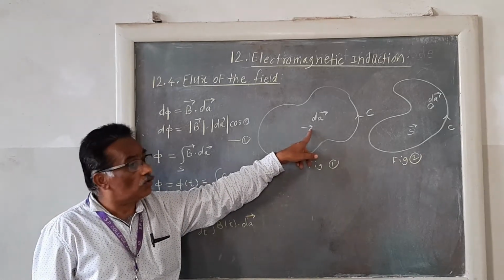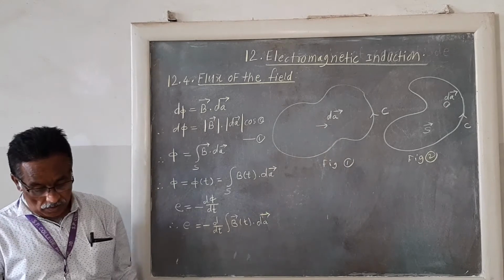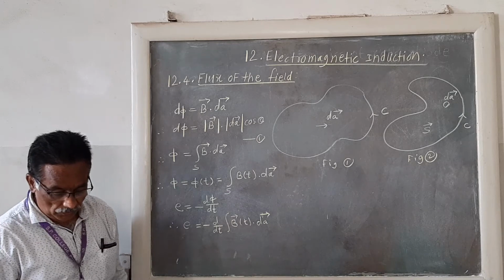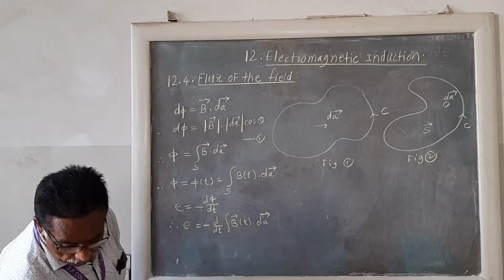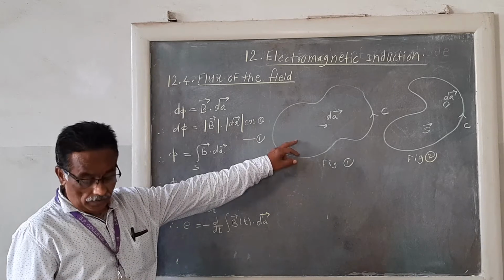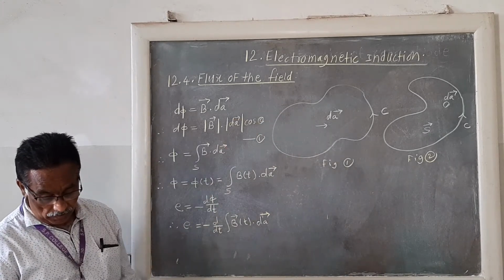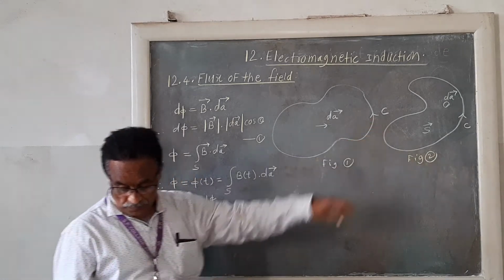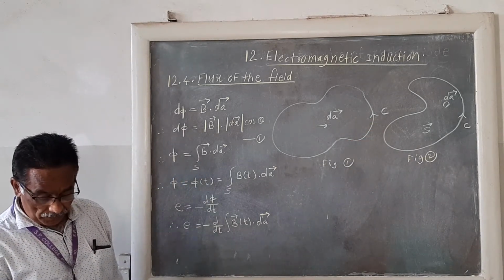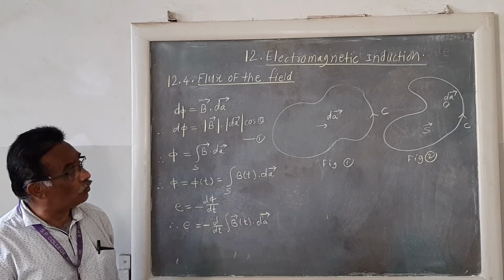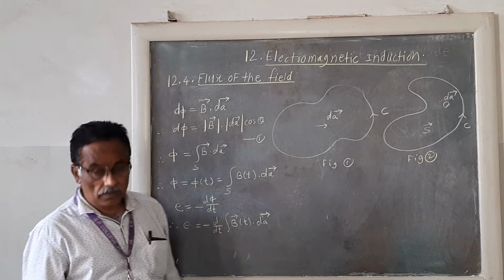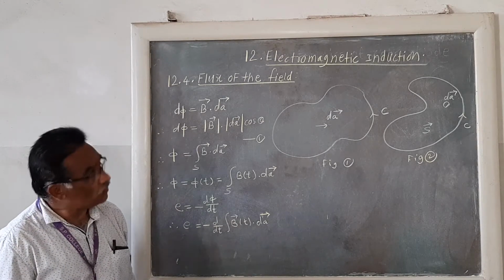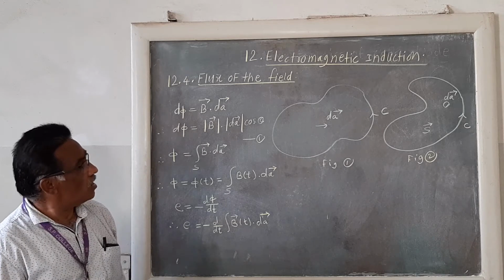The flux is normal to the area and it is out of the plane as shown in the figure. Here, the curve bounding the area travels in the direction of the arrow shown in the figure. It is the direction in which the right-handed screw would advance, and we have already considered that rule in 11th standard, which we are applying here.